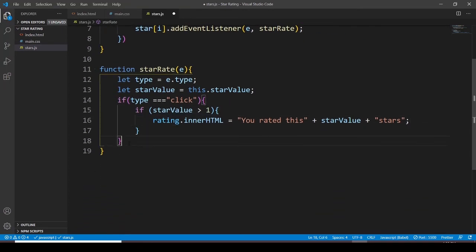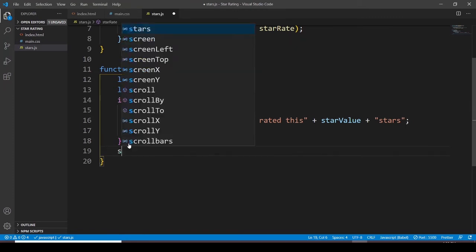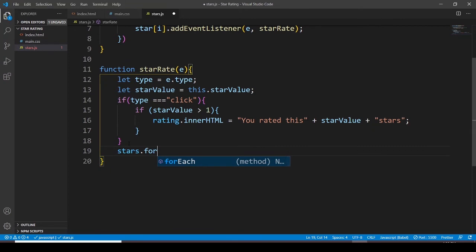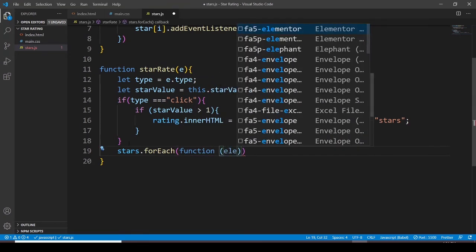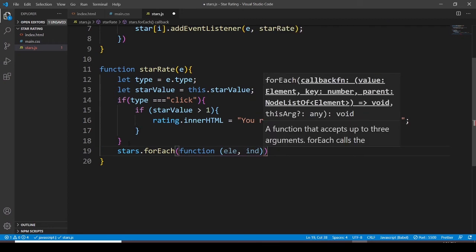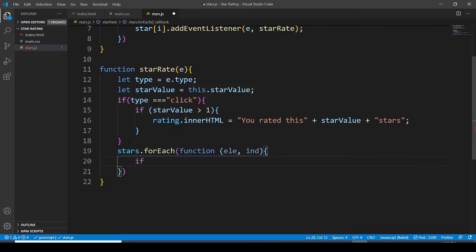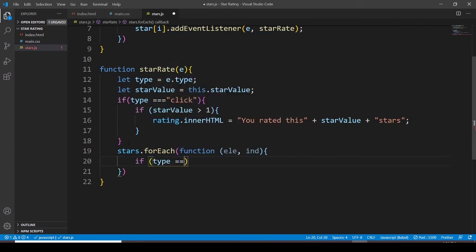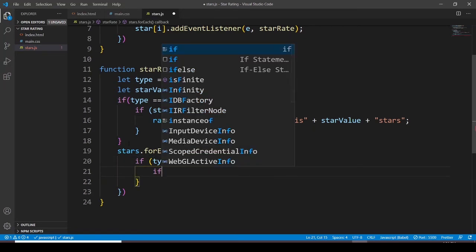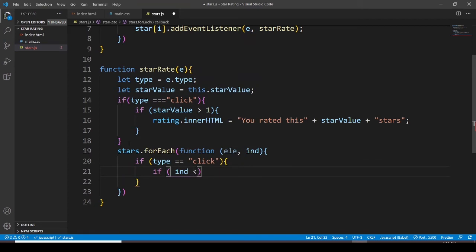Then we have to go with the stars forEach, and let's have a function here again. In this function, I'm going to pass two parameters. One is going to be element, and the other one is going to be index. And what it is going to do here, if the type is equal to click, and if index is less than the star value,